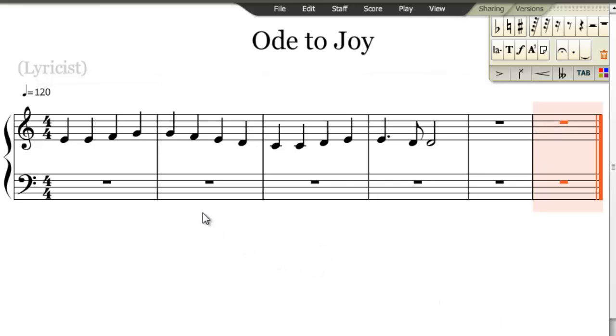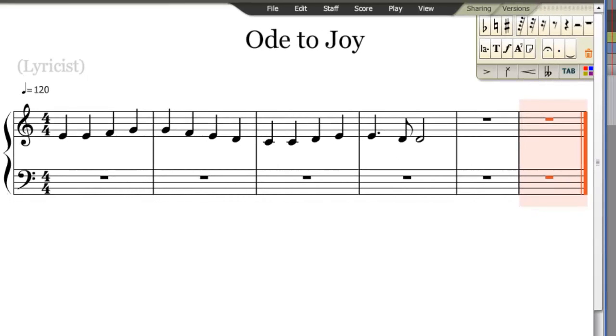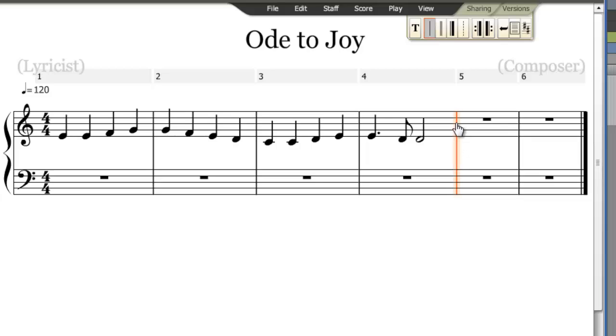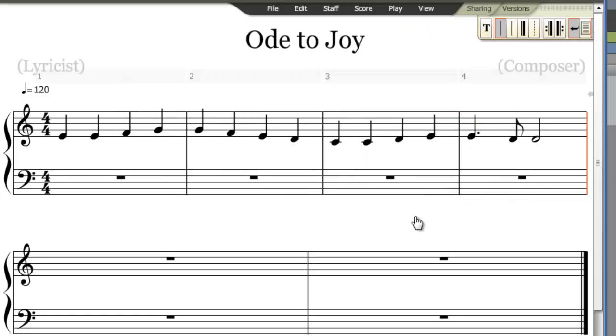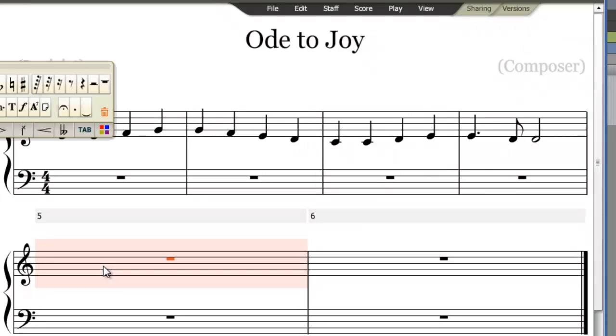Now, what I want to do, I want to format my page so it's similar to the PDF page. We're at 1, 2, 3, 4 bars per line. The way to create what we call a system break, that is, if I want my new line to start at the end of bar 4, I need to select bar 4, and then I can simply hit enter, and that makes my new bar start on the next line, which is bar 5. So if I now select and focus on bar 5, I can simply write in the next phrase,